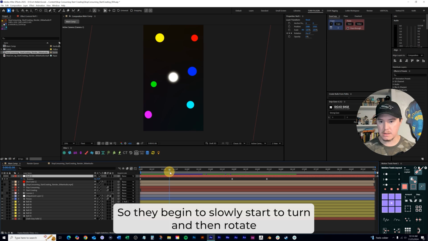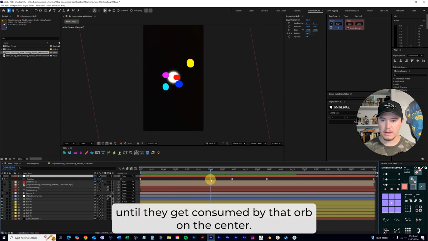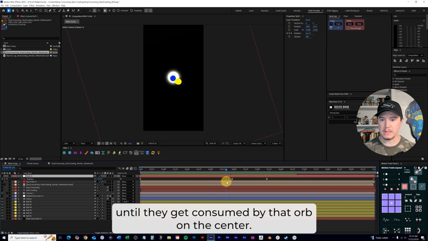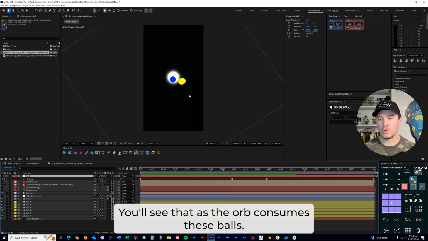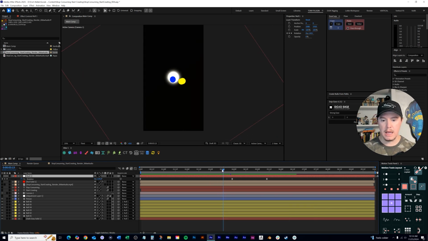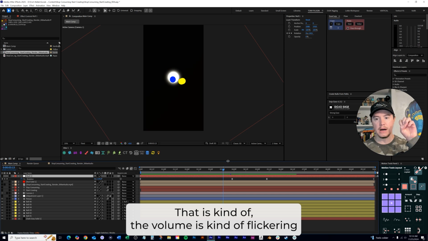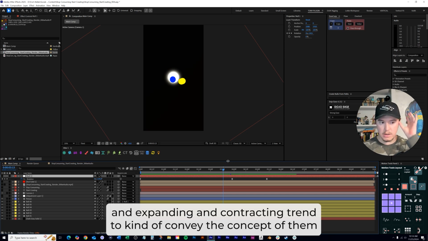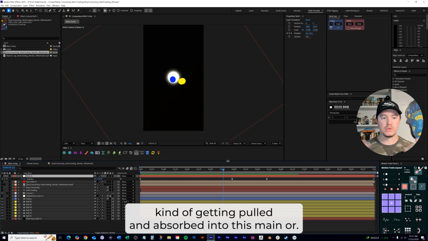They begin to slowly turn and rotate until they get consumed by that orb in the center. You'll see that as the orb consumes these balls, the volume is flickering, expanding and contracting, trying to convey the concept of them getting pulled and absorbed into this main orb.